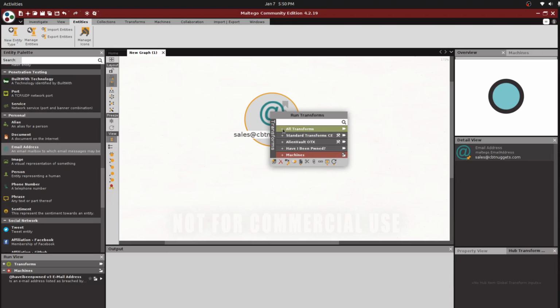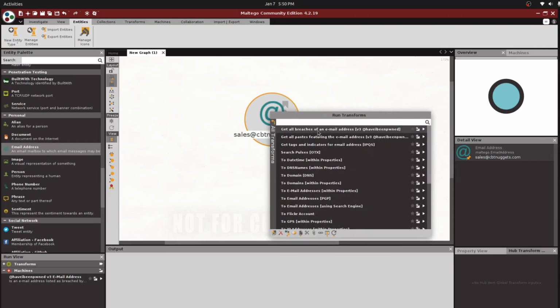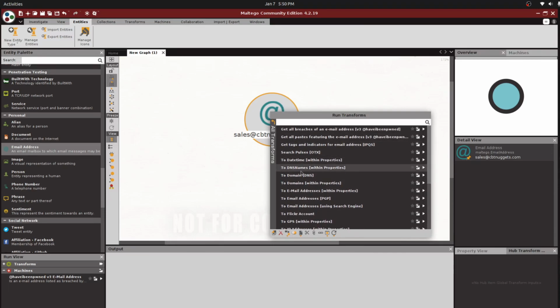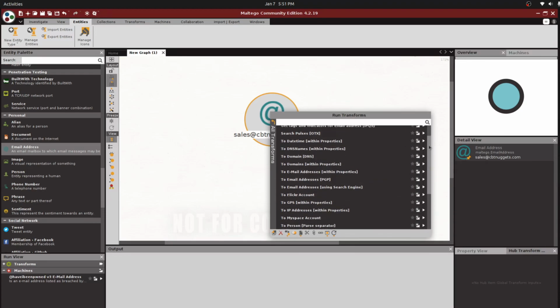So if you have no idea, if you want to collect all the relevant information for this email ID, you can simply choose all transforms, and when you choose, it will list the available options. You are able to get the related domain names, related domains, email addresses by using the search engine, and you can use the other transform hubs to search these.